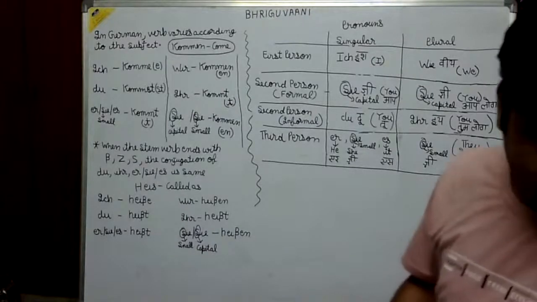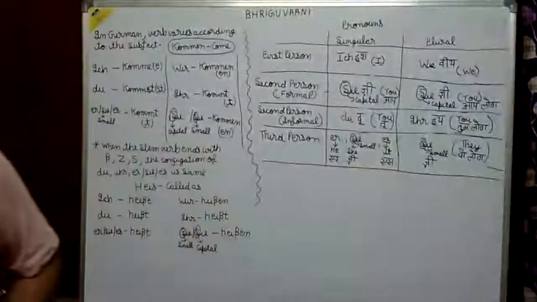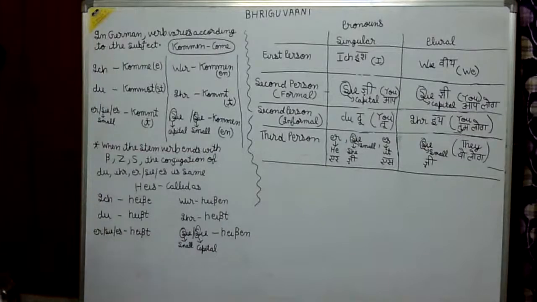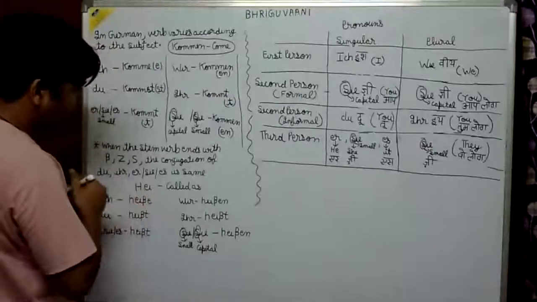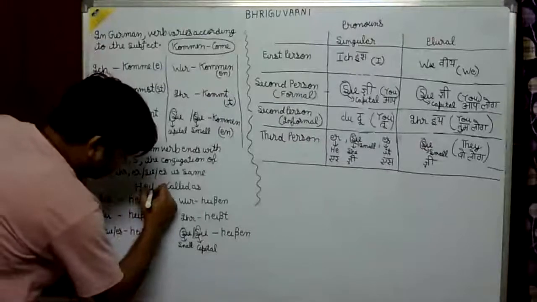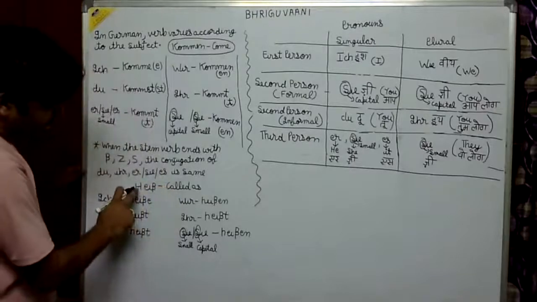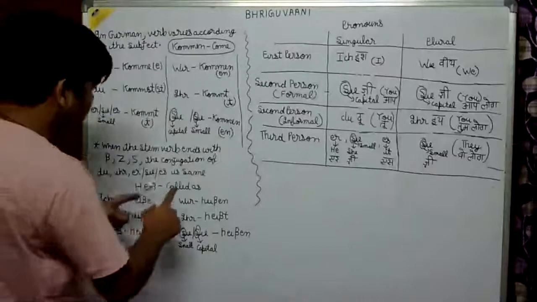I'm back again. I had an urgent call, so I had to attend that call. So, look, this I have written wrong. This is wrong. This is the verb which is ending with this. Heißen. And this is called as...